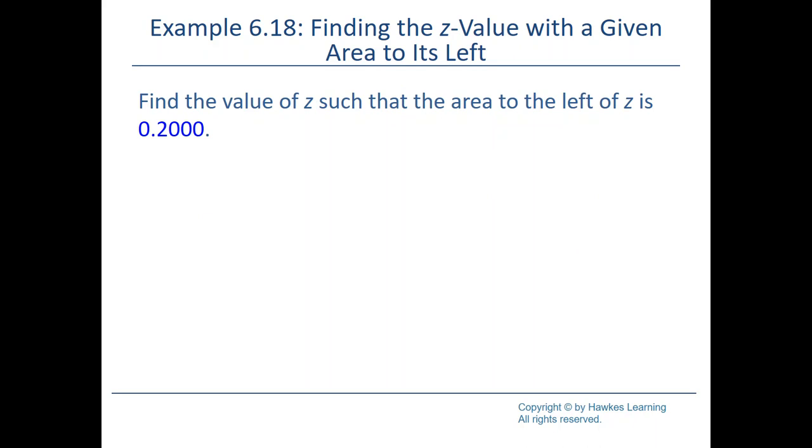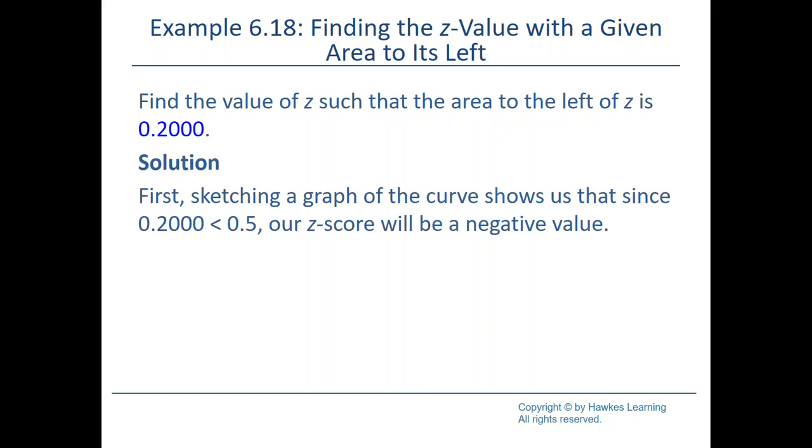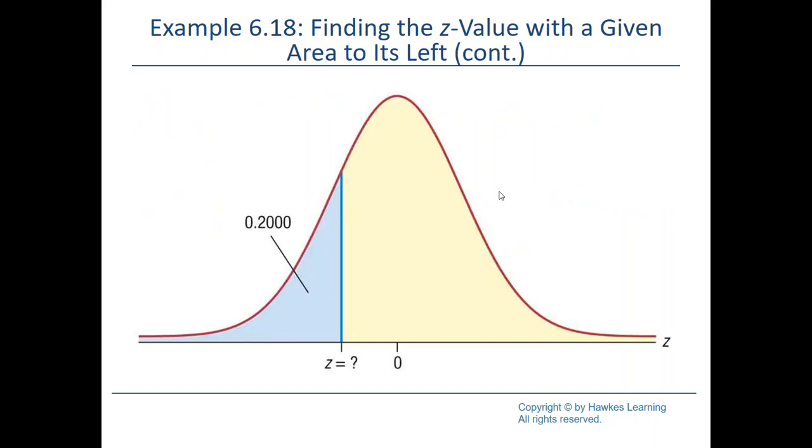So we're going to find the value of z such that the area to the left of the z is 0.2000. Okay, now the first thing I want to do is sketch my graph. As I'm sketching my graph, notice this is my area here, and I want to make note that this area is less than 0.5, which tells me that my z value is going to be negative. So since I know my z value is going to be negative, I'm just going to pick some place to the left of 0 and say z equals, that's what I'm looking for, and then shade in this area,